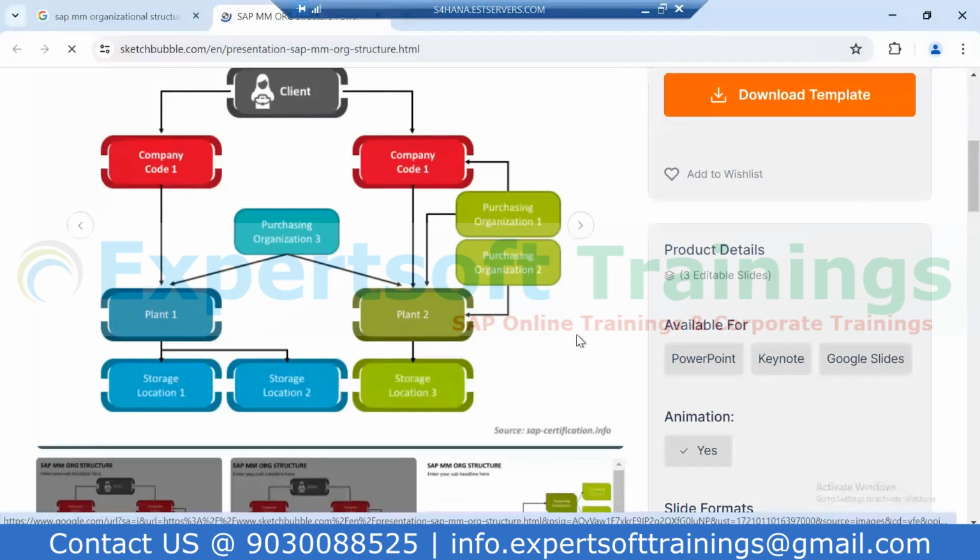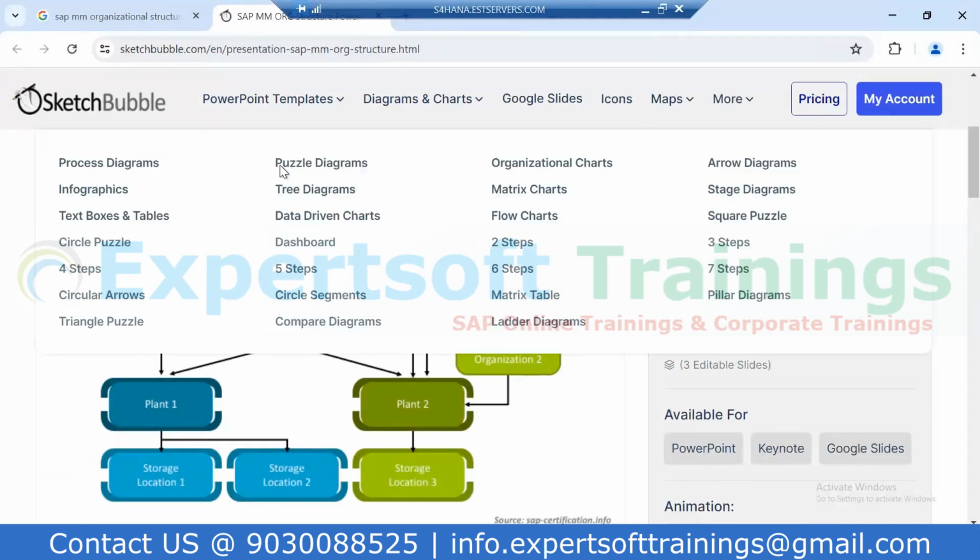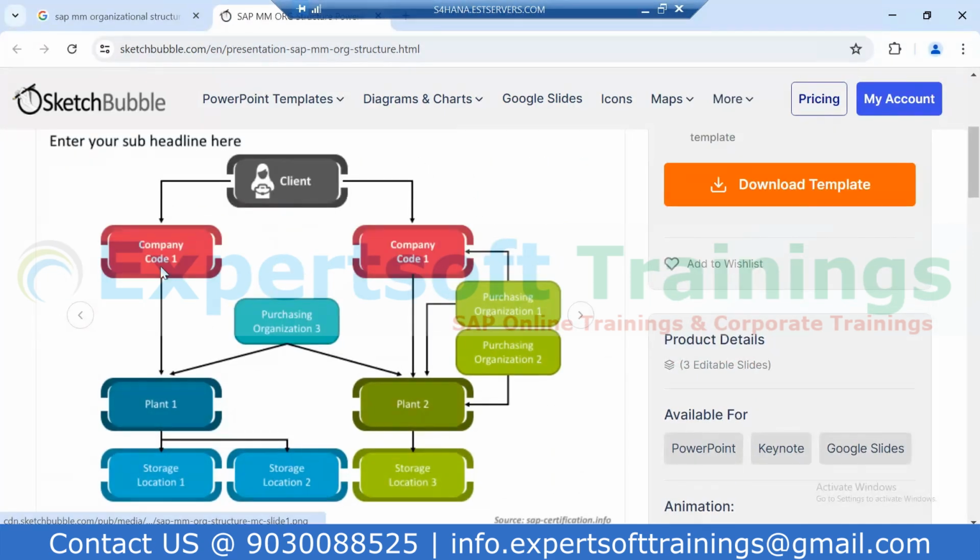Let us find out. So for me, this is the perfect image, which shows the client and the company codes. In this, there is an example of 2 company codes. Yesterday I gave you the example of Reliance Industries. So company code 1 is for petrochemicals, company code 2 is for communication services.